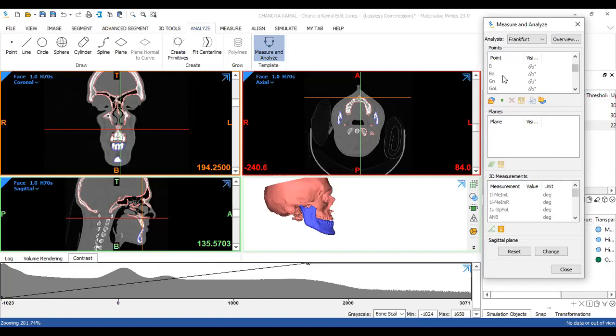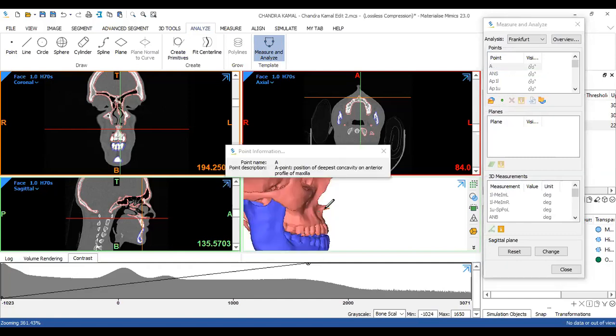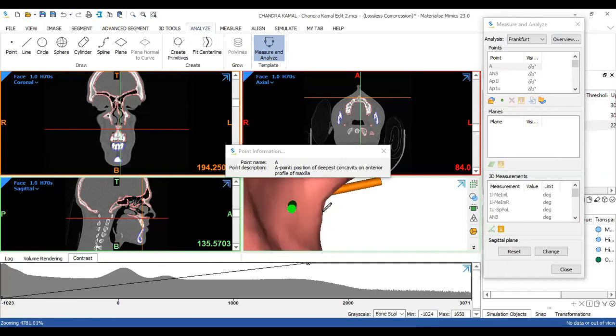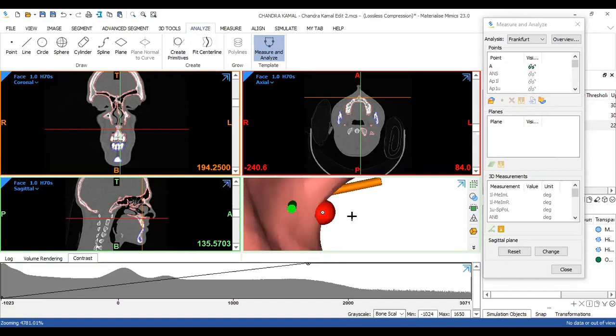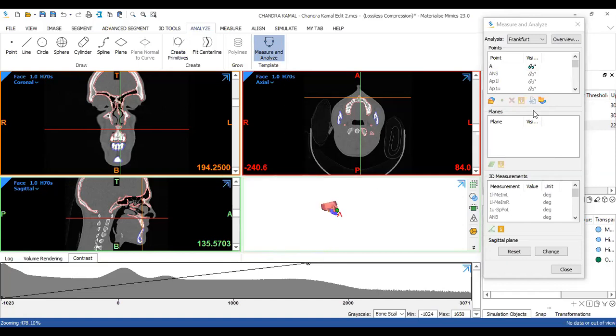So you can always hover over, understand which point to mark. When you want to mark the point, you just select A. There's a green color button here for indicate. So you can indicate, and I've just marked the point A, right?